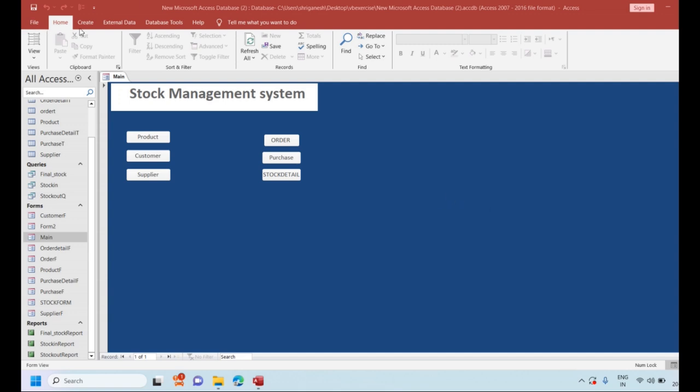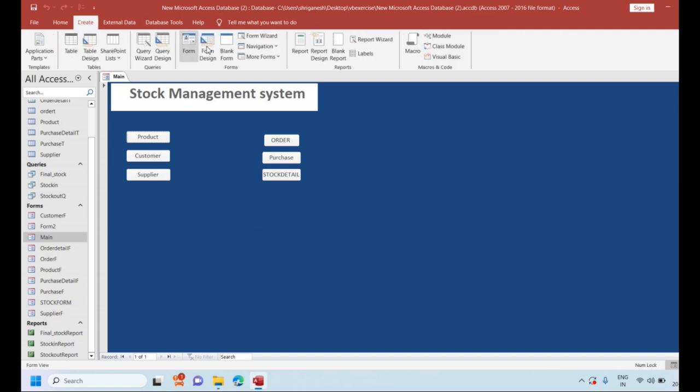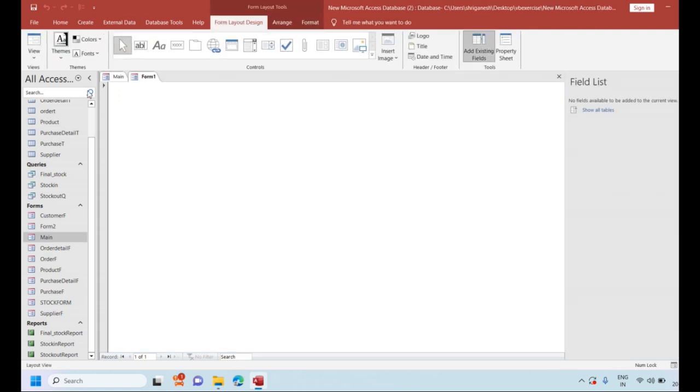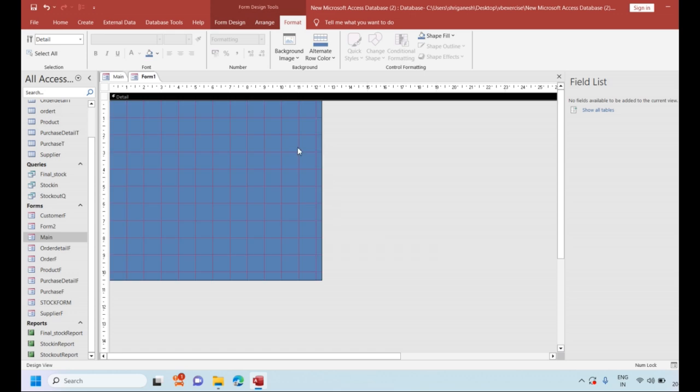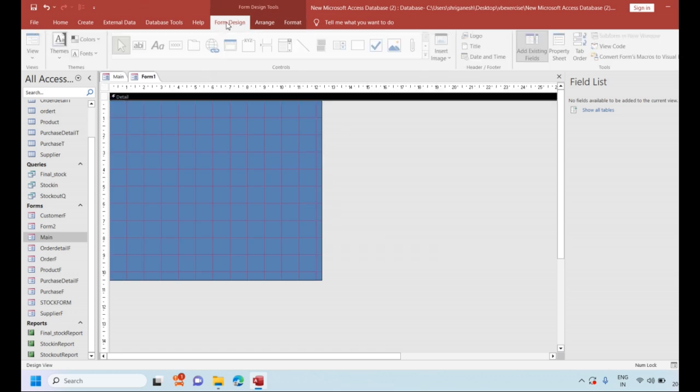So what we will do, I just go and first create a form, click on create, and I will create a blank form. I just created it and go to the design view. In design view I just give it a color. I am using a label for username.